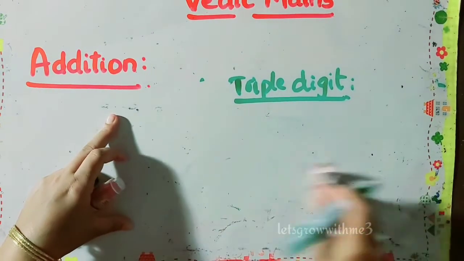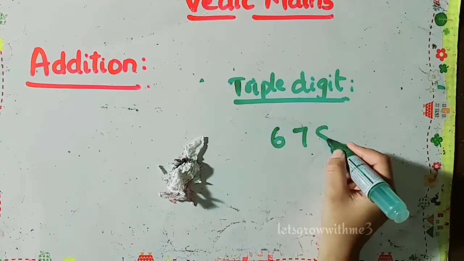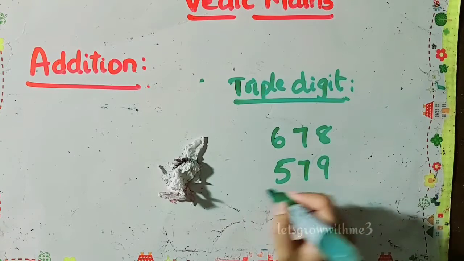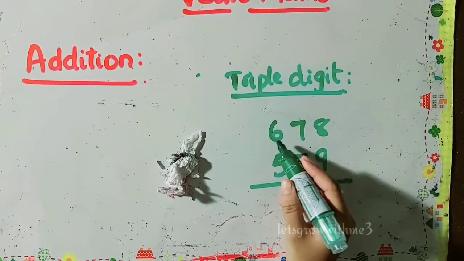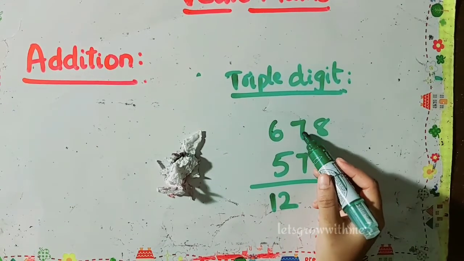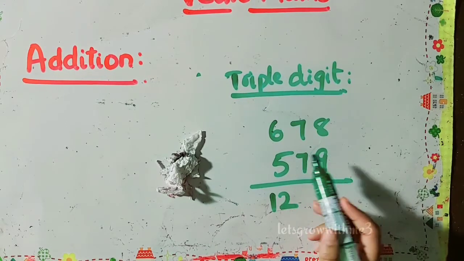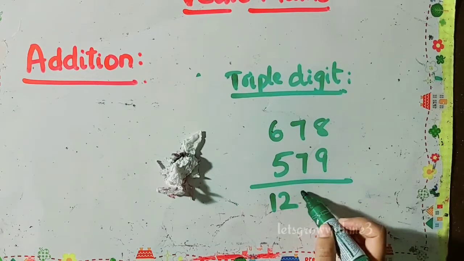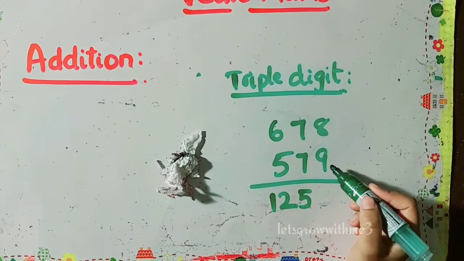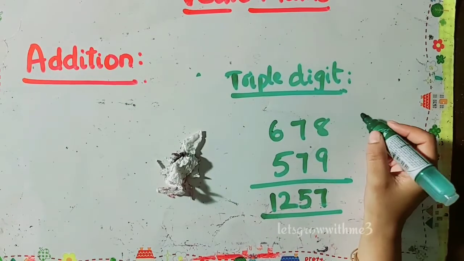So let's see with carry examples and how to do it with carry using 3 digits. Let's take one example, 678 plus 579. 8 plus 9 is 17, so we write 7 and carry 1. 7 plus 7 is 14, but we have a carry combination, so the value here is 15. We write 5 and carry 1. Then 6 plus 5 is 11, plus the carry is 12. So the answer is 1257.